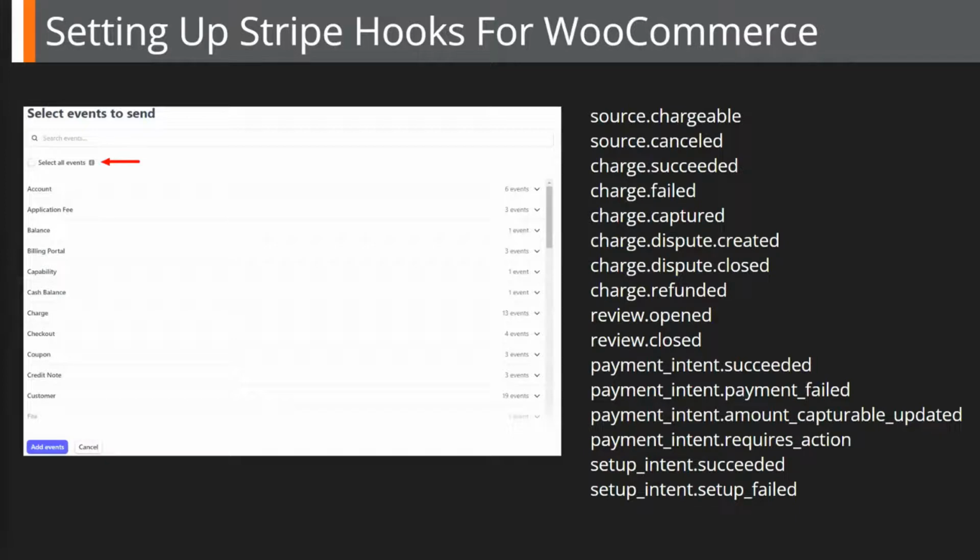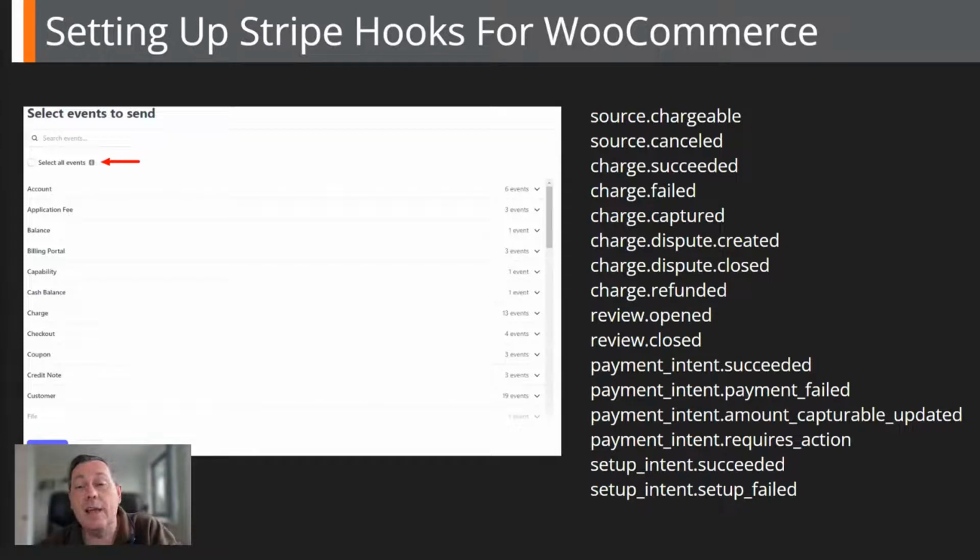If you want to know the exact events to listen for with WooCommerce at the time of writing, you can search for and check only the following. And I've listed them on the right-hand side there. So it's source.chargeable, source.cancelled, charge.succeeded, all the way down to setup_intent.setup_failed. I'm not going to list them all off. Now, those are the exact events that WooCommerce will listen for when Stripe is sending that information back,